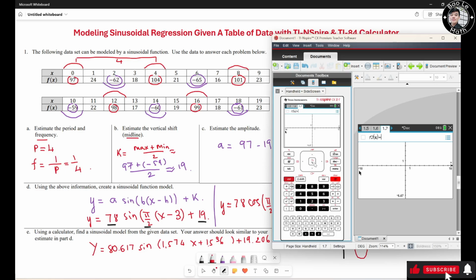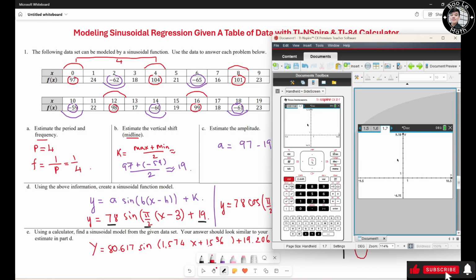Now you just hit the upper arrow right here and you will see your function, right? Now you click the check mark right here and you hit enter, and then the function does not show up because